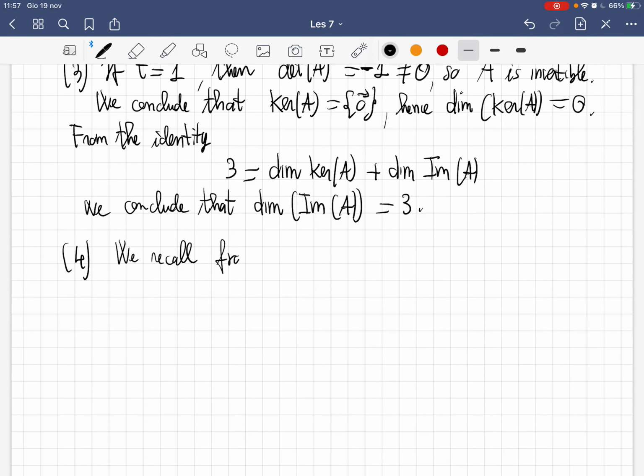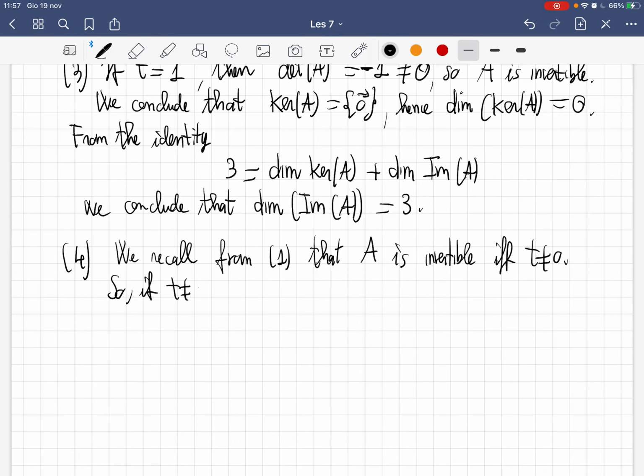We recall from 1 that, I mean, this is kind of even more than what's needed. So I mean, don't worry. This is just like, I want to be super detailed, but it's nice to put these cross references sometimes. It's a nice thing to do. We recall from 1 that A is invertible if and only if t is different from 0. So if t is different from 0,